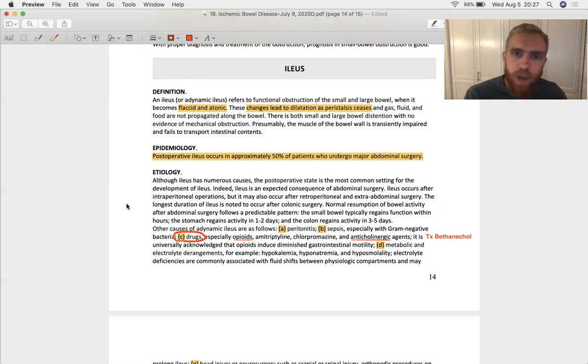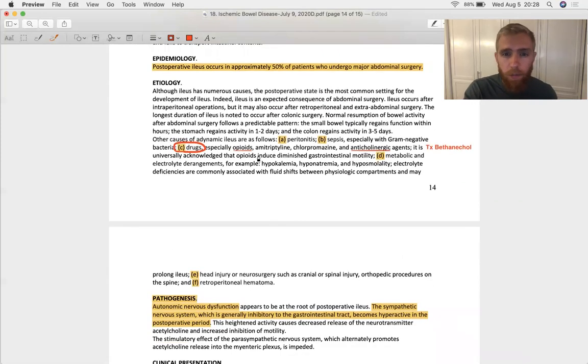This final section talks about ileus, which is basically atonic gut. It's not an obstruction, it's just the gut won't move. And typically we refer to post-operative ileus, because after you wake up from abdominal surgery, like laparoscopy perhaps, your gut just doesn't want to squeeze, it doesn't want to move. And this can be due to a host of things, but what's really testable is a couple of different drugs